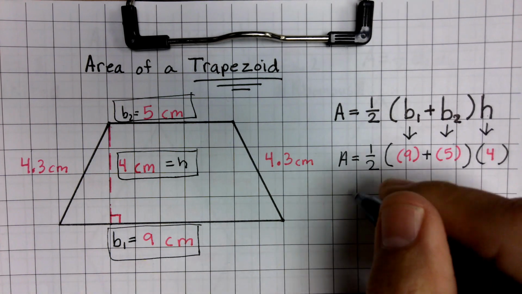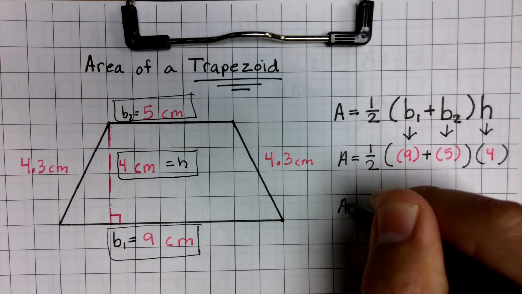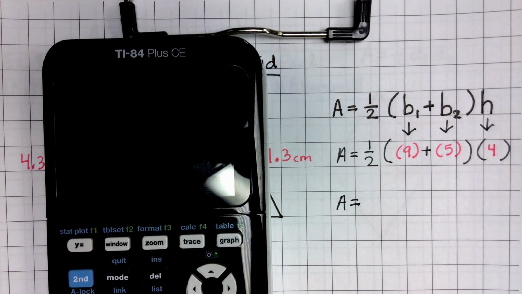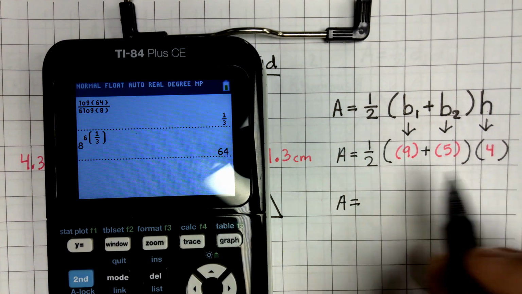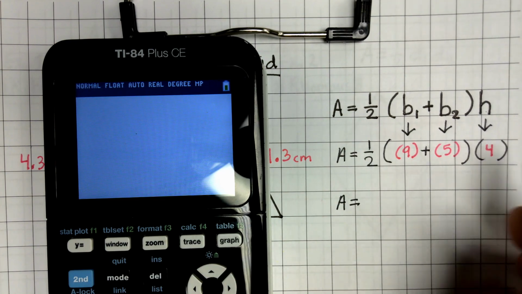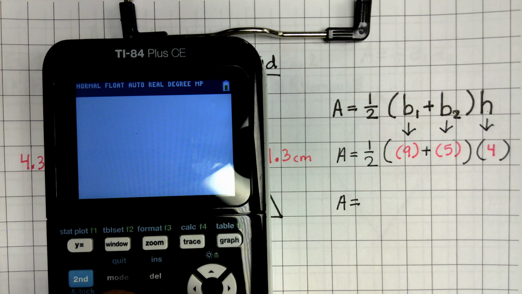Now, we're going to go ahead and just put this in the calculator and let it do all the work for us. So let me get my calculator real quick. And I recommend that you go ahead and use a fraction bar to do the 1/2. Or you could simply divide all of this by 2, whichever you feel is easiest. But I'm just going to go ahead, put my fraction bar and do 1/2,